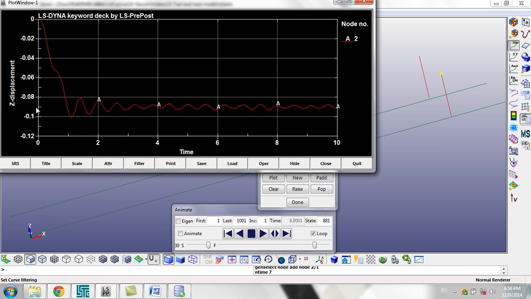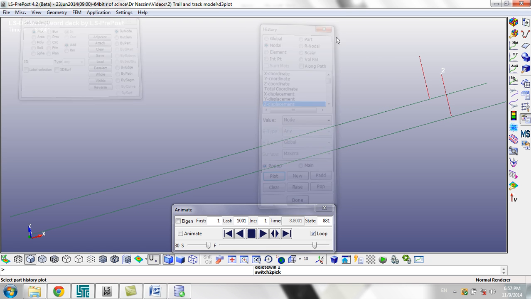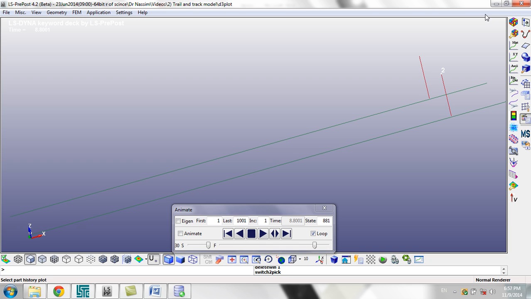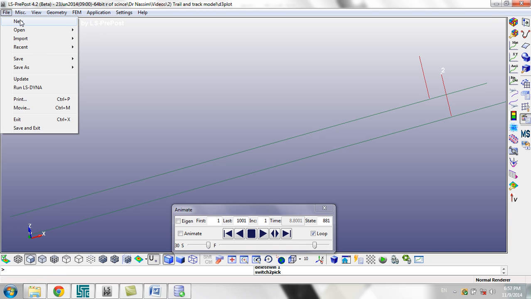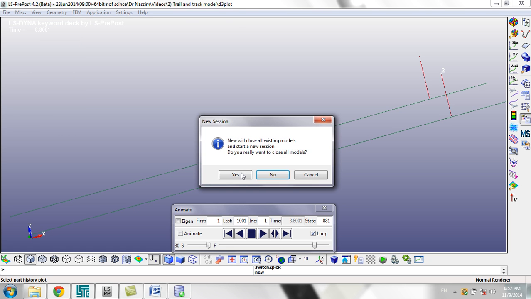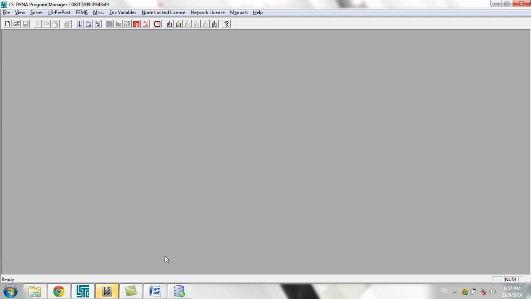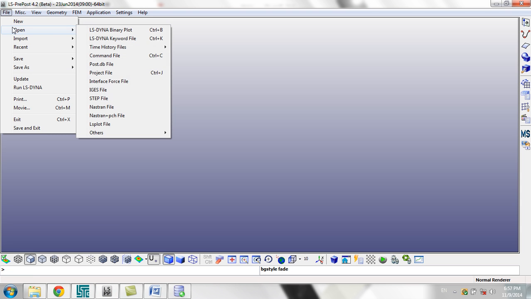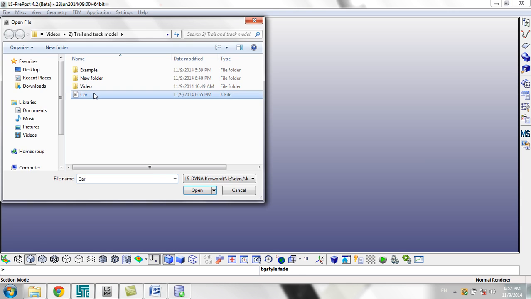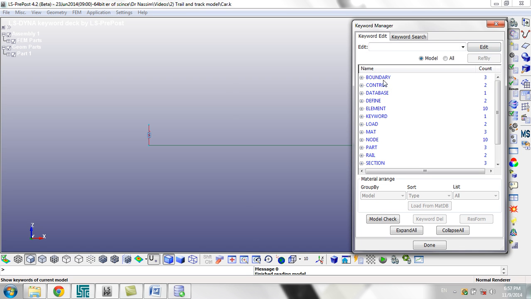So as you can see here, the displacement increases and then starts to vibrate around some static displacement. Actually, most likely, if you make a numerical model for this problem, you will find that this value is not too accurate either. So we still have to decrease our time step. Okay, let's see what changes if we decrease the time step again. So file, new, yes, and I want to open file, open keyword file,